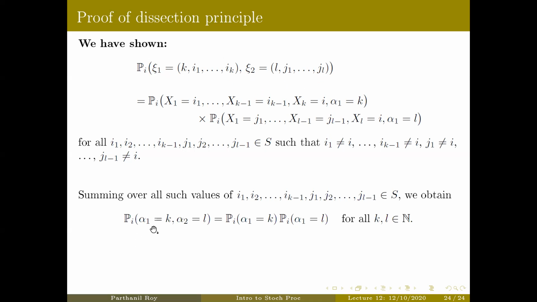So essentially, you're going to look at the joint probability of alpha 1 equal to k and alpha 2 equal to n. If you do that, this left-hand side here will give you the first quantity here. If you sum over all those values, you're going to get alpha 1 equal to k and alpha 2 equal to n, the probability of that under pi. On the other hand, if you do that to the right-hand side here, the second quantity, the first one will give you the marginal of alpha 1 equal to k under pi. Similarly, the second one will give you the marginal of alpha 1 equal to L under pi. So what we have shown is this is equal to this times this for all K, L in N.